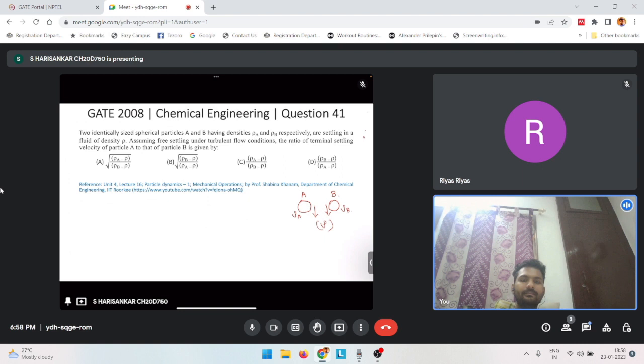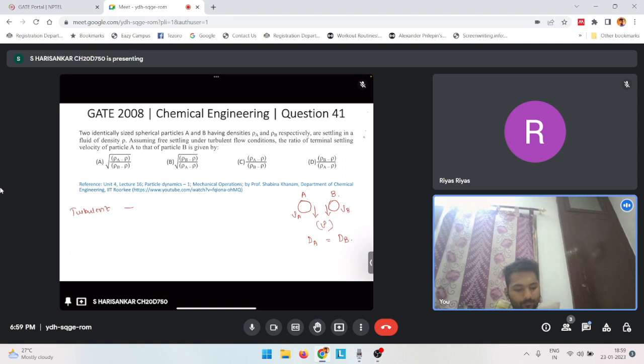And because these two different particles have different densities, their terminal settling velocity is also expected to be different, and we have to find the ratio of the terminal settling velocity of particle A to that of particle B. Now, one data that they have given us here is that these two spheres are identical in size. So that means dA, the diameter of particle A, will be equal to dB, the diameter of the particle B. And another data that they have given is that it is in turbulent mode,